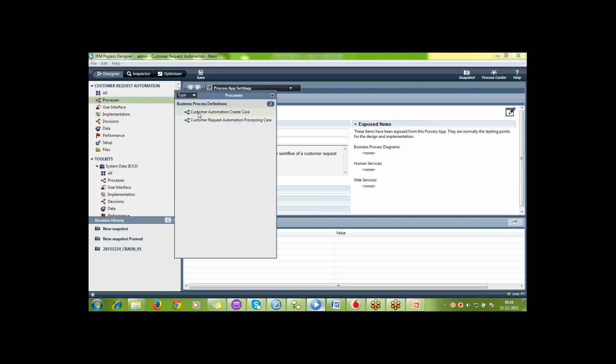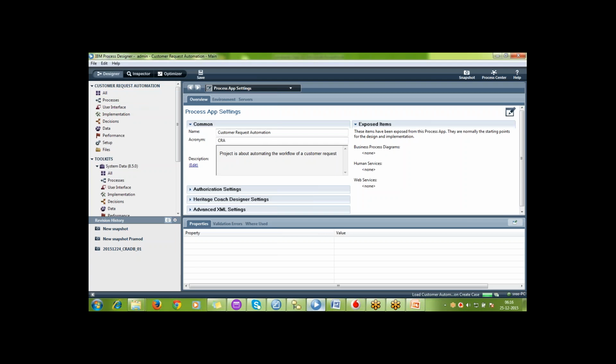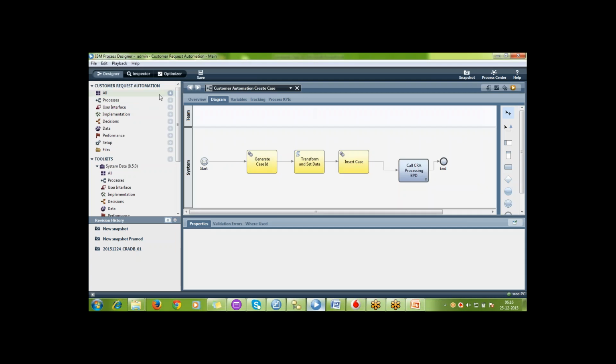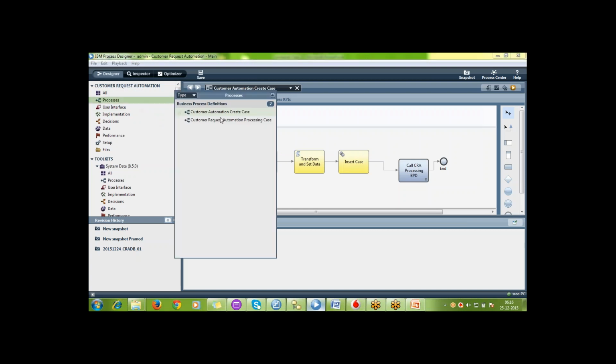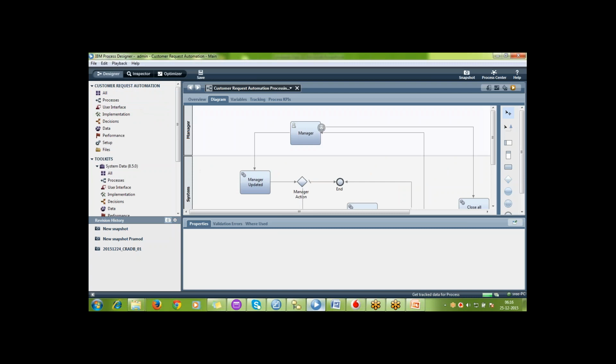For example, I opened some process here. Let me open another process. What I'm doing is clicking on this run button, run process. What will this run process do? This run process will run my BPD. This is my BPD, business process definition. You can compare the symbol here. So when I click on the run button,